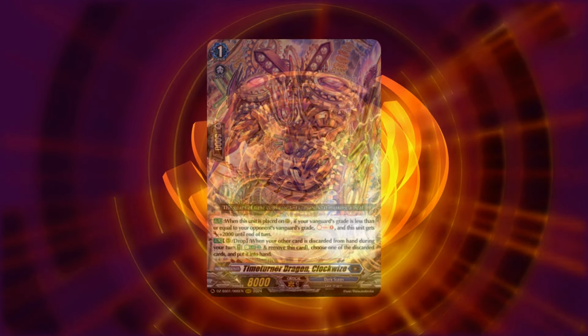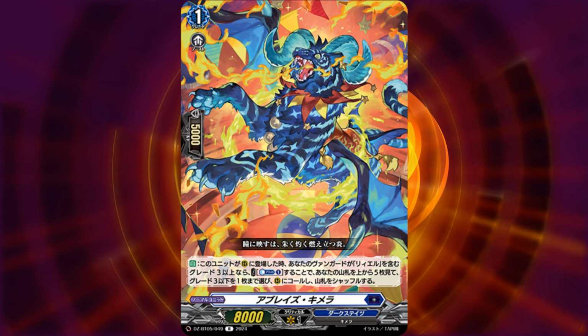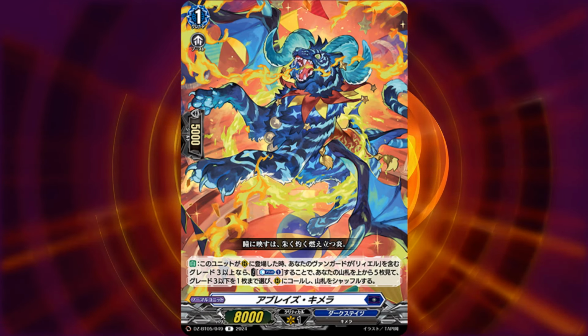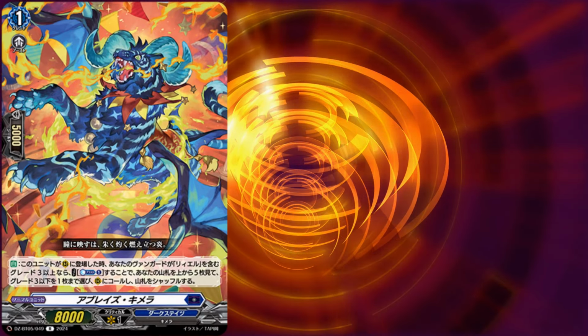Now, the final normal grade 1 is Ablaze Chimera. This is another Odium unit, and it says that when it's placed on the rear, if you have a grade 3 or greater Vanguard with Odium, you counterblast 1. Look at the top 5 cards of the deck, choose a grade 3 or less from among them, call it to the rear circle, and shuffle the deck. So yep, just a simple CB to